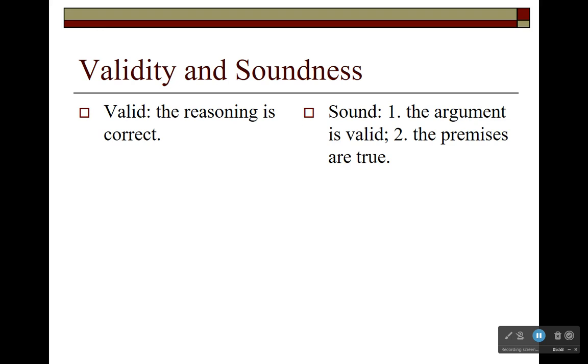And again, this is a subtle distinction. It takes students a little bit of practice to get the hang of using this distinction. But they are conceptually distinct. This issue, on the one hand, of whether the reasoning of the argument is correct reasoning, and this issue, on the other hand, of whether the premises, the statements in the argument that present the evidence or reasons, are true.